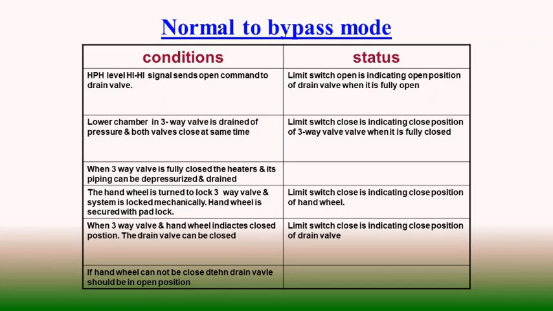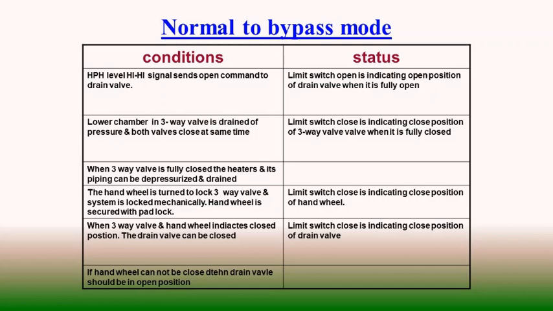There may be conditions when high level is coming up, and signal then sends to drain valve to open. There may be lower chamber 3-way valves is there, and on the basis of pressure and temperature it also actuates. So it actuates the limit switch of closing, indicating the close position of 3-way valves when normal to bypass conditions may come into picture. So this way, whenever there is a